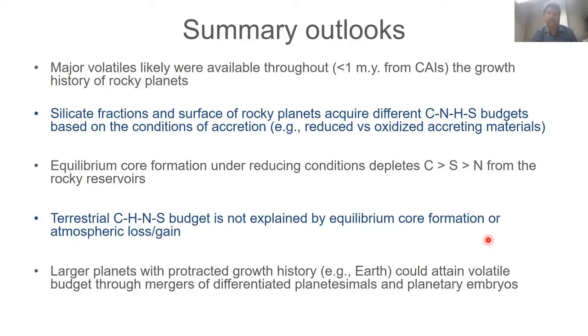And accordingly, merger of that type of a body with our own planet could potentially contribute in a very positive way to the actual abundance pattern that we see, and probably was one of the major contributors of volatiles